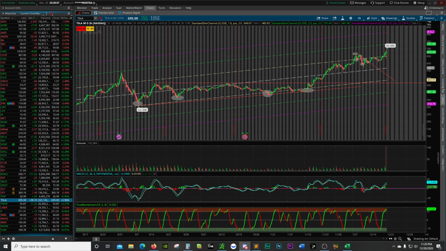Whereas with option selling, when theta decays, it erodes the value of the contract that you sold. So when it's time for you to get out of that position, you have to buy it back. And you basically want to buy it back for less than what you sold it for. That's your profit. So theta is on your side when you sell options. So if you get in at the right price level, you're guaranteed money no matter what. Even if it goes against you in the medium term or at the start, you still have the whole entire contract period, days till expiration, to go back out of the money. Does that make sense?